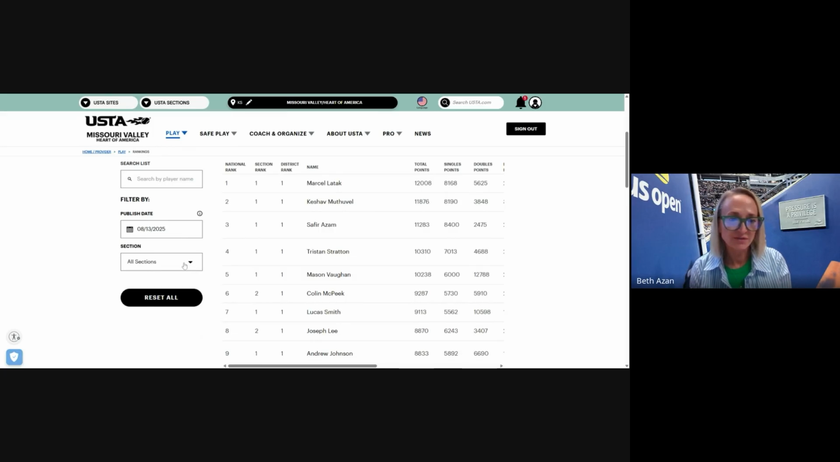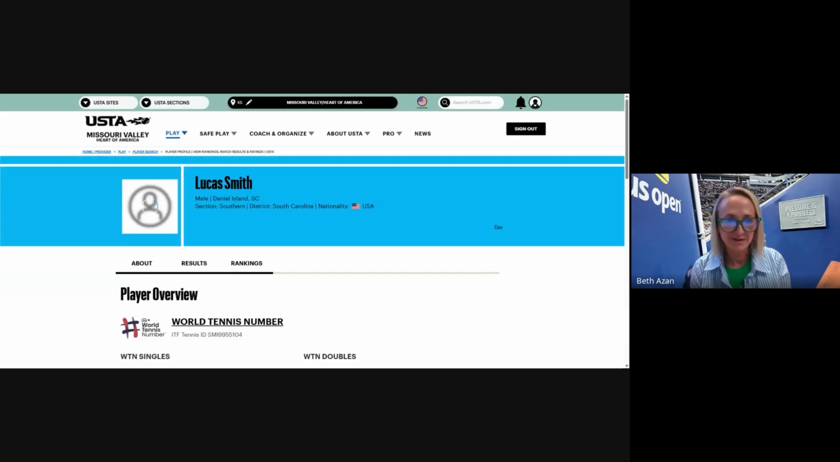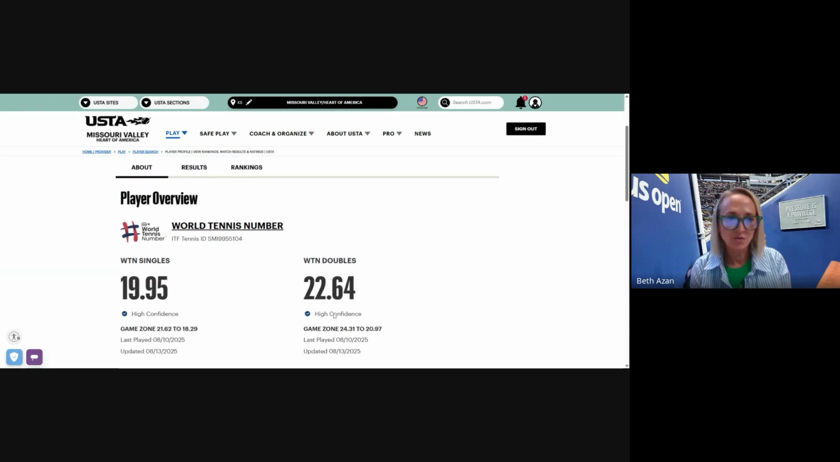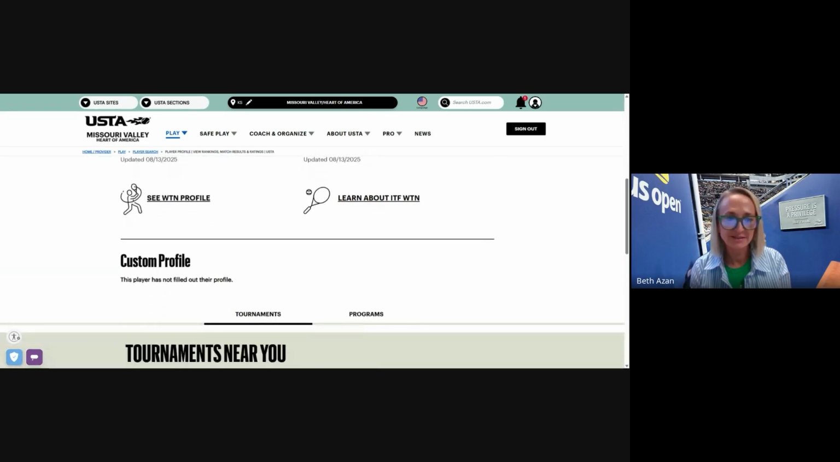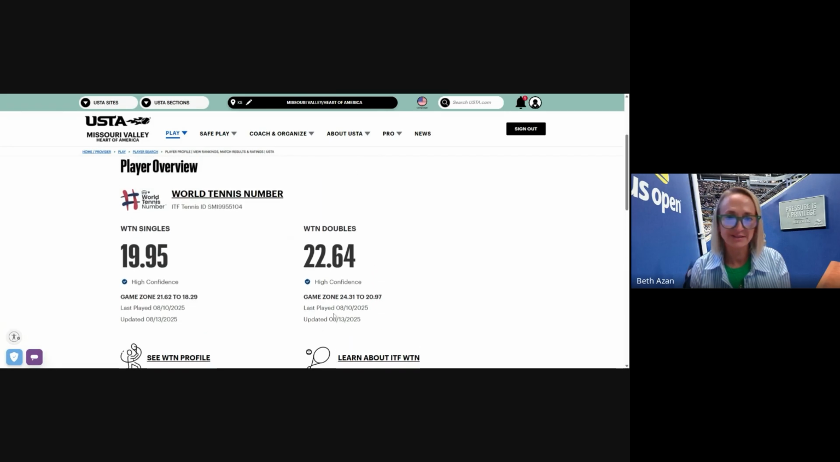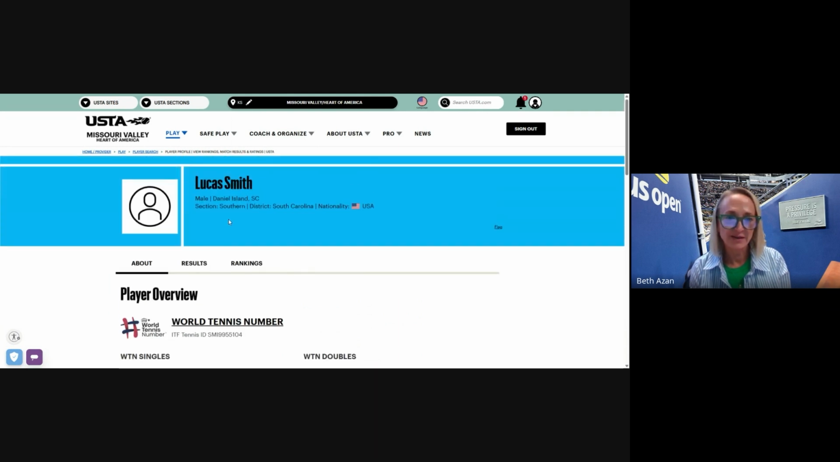Additionally, you're able to filter that ranking list by section, or you can look at all of them. So we're just going to choose a random kiddo here and go to their page. On this about page, it's just going to give us a general overview of this player, primarily their WTN singles and WTN doubles rating. But this is where you could dive in for more information. So the results here,